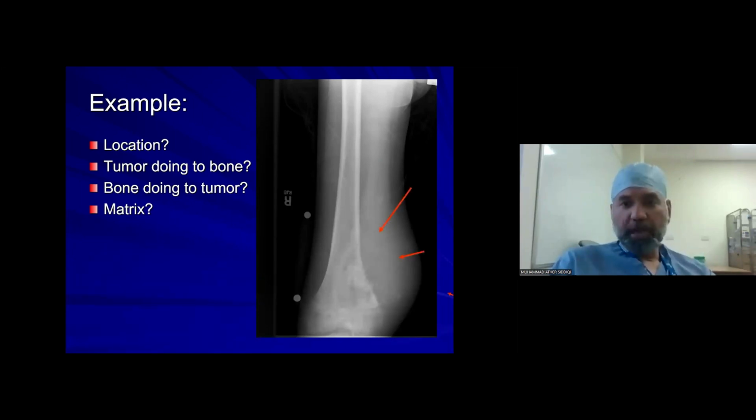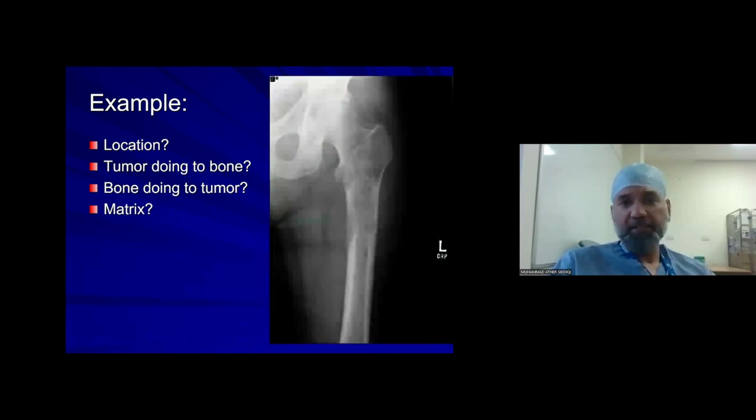So if you look at the MRI scan, again, another example, you can see the proximal humerus. There's a very permeative lesion in the proximal humerus, which is destroying not just the cortex, but also the intramedullary area. You don't see a lot of soft tissue component around it. Then you can talk of the differential diagnosis. You can think of